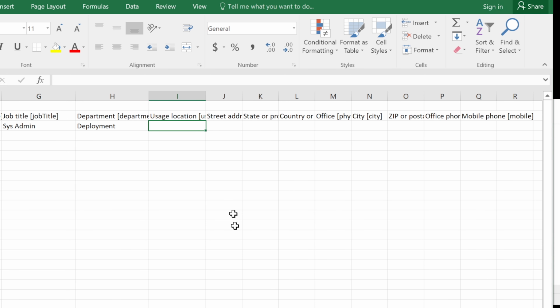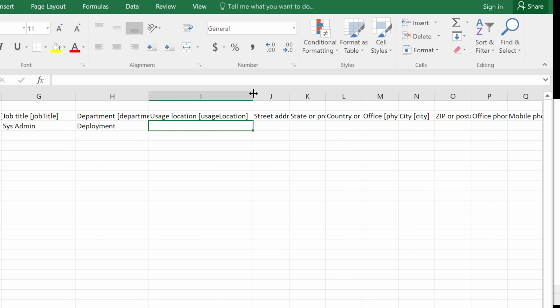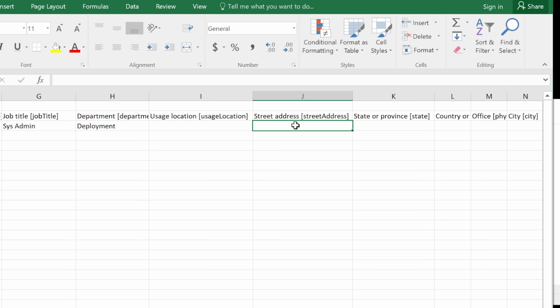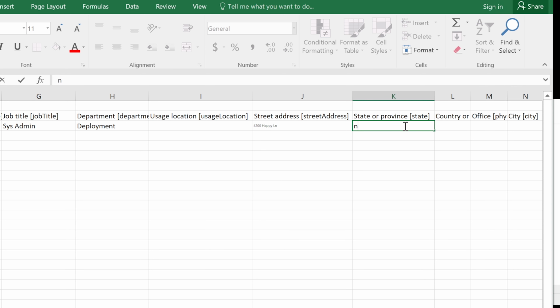And we've got usage location. Just a moment. Let me spread this out here a little bit so we can see easier. And we got street address, which is where we're going to set up. I'm not going to worry about user's location. You can submit all of this without having to fill out everything, but I do want to fill out the address and stuff. So I did a copy paste here, but it didn't do it good. That's fine. Let's see if that works. New York, country, United States,